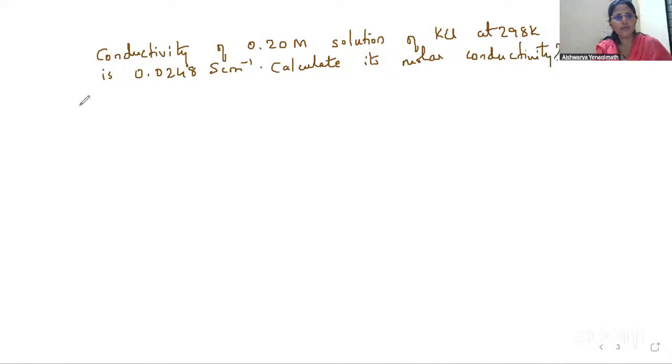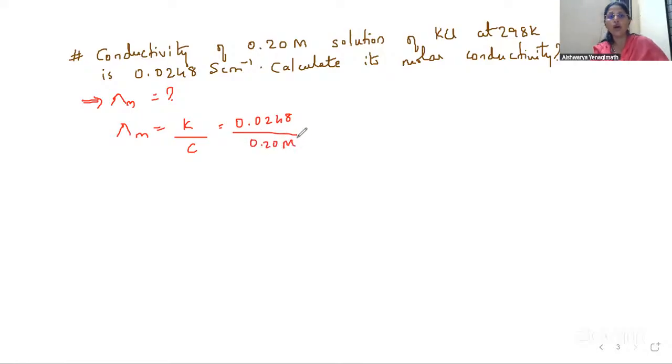So how do you do it? Look at what is given, substitute it and put the proper formula. What is being asked? You are supposed to calculate molar conductivity. I know the formula for molar conductivity is kappa by C. Correct? So what is my kappa? 0.0248 by